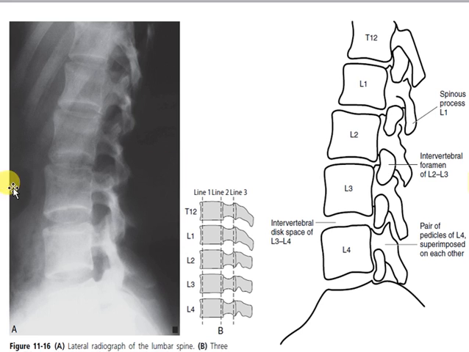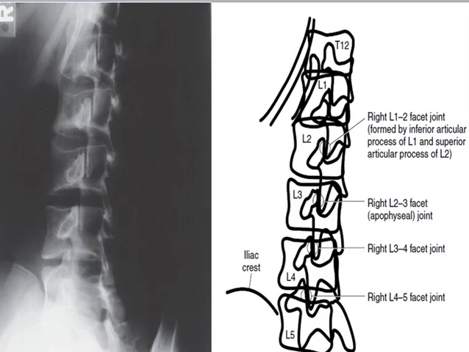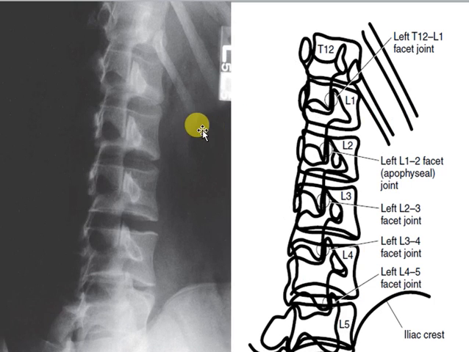There is no abnormality, just a bit of straightening of the spine, which is not a pathology. This is how you can set up the oblique views, and this is the appearance of the oblique views. You can clearly see the facets' angle of orientation is 90 degrees over here, and again this is the Scottie dog appearance of the facets. In this you can see the same structures but from the other side.